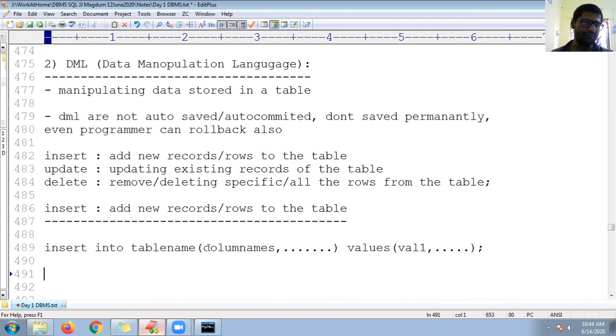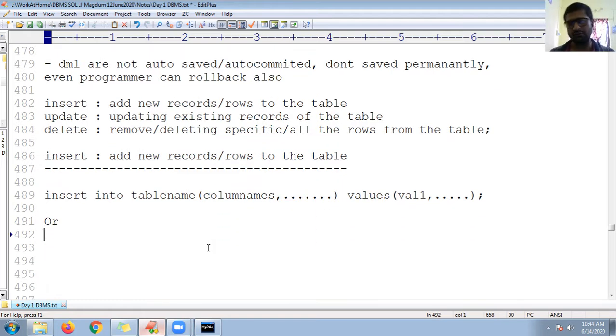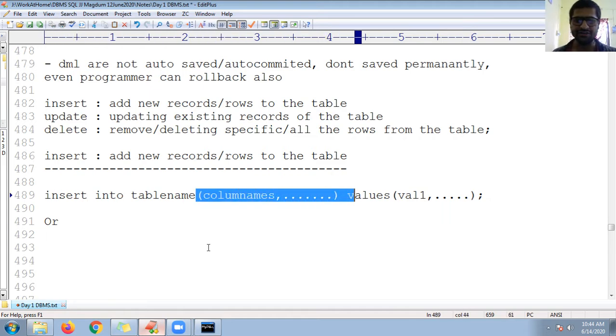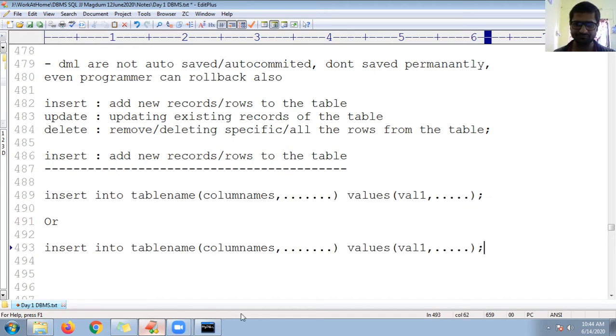One more syntax, if you want to go for this, is number of columns to number of values. If you're not interested in mentioning all the column names, you can use the same syntax, you just need to remove the column names.